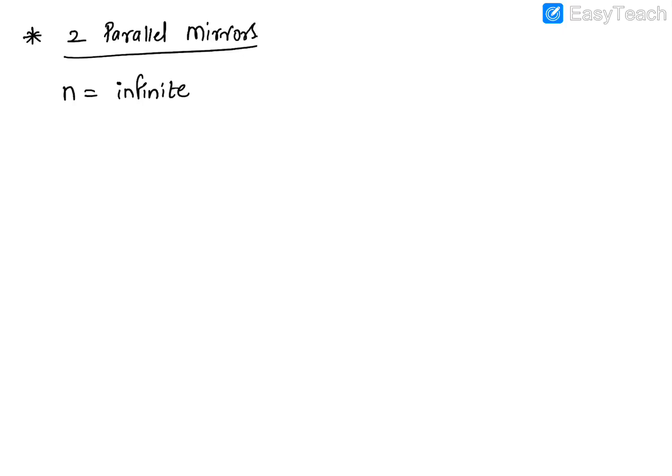You must have noticed this when you go to a trial room in malls and try different clothes. There are mirrors parallel to each other and you can see multiple images out there. So that's the number of images formed when two mirrors are parallel to each other. In this one, you only need to learn whatever I've marked in the textbook. Don't learn everything out there. You don't have to calculate the number of images.